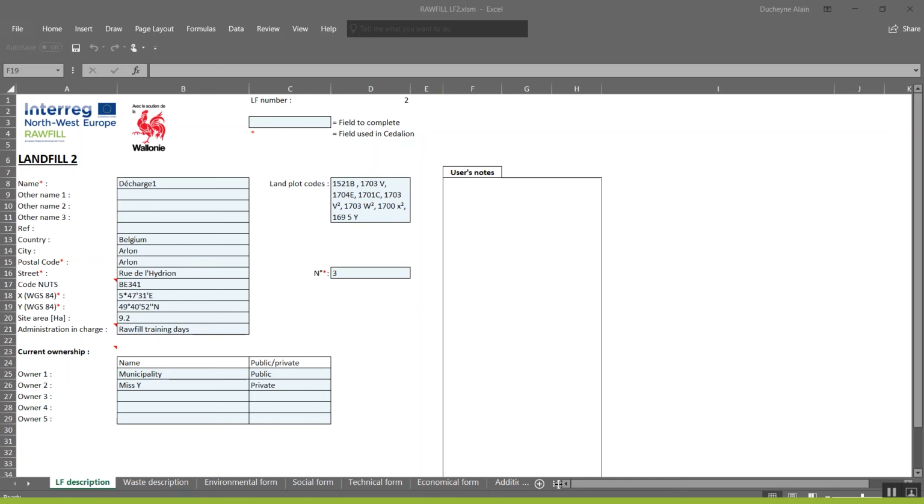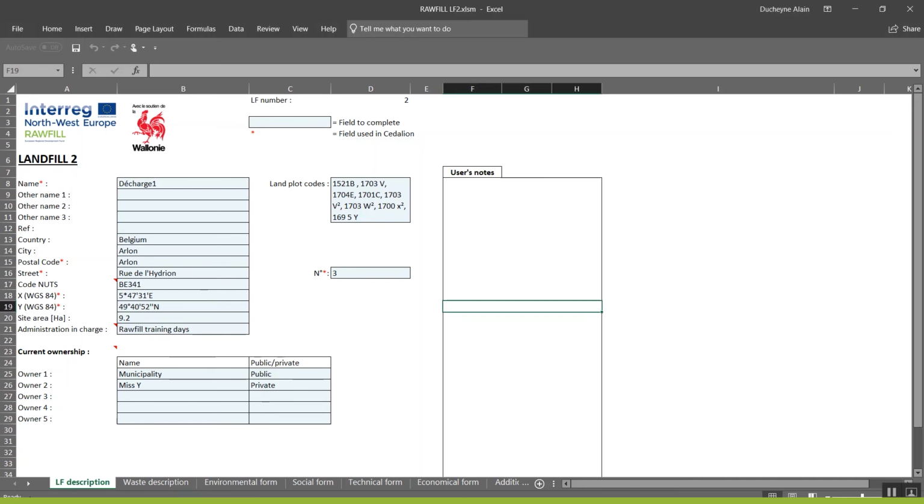When you open the file, you can receive a message asking if you want to update links to external content. You can click on Update to make sure it's up to date with the other Excel files of the directory. First, you have to activate the content of the Excel file. It's important to click on Enable Content if you want to be able to use the macro. As you can see, there are a few worksheets in the file. Each RAWFILL ELIF file contains 11 tabs.